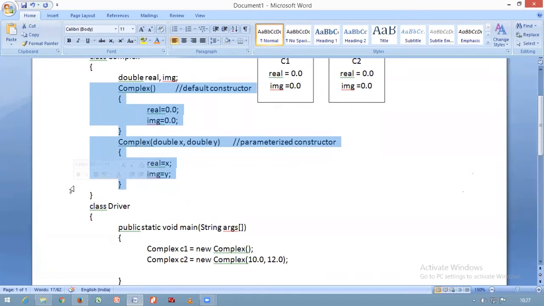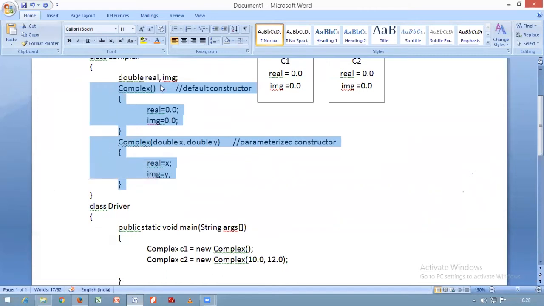I repeat once again, defining more than one constructor in a single class with different signatures is called as constructor overloading. Here signature is nothing but the number of arguments, type of arguments, order of the arguments.